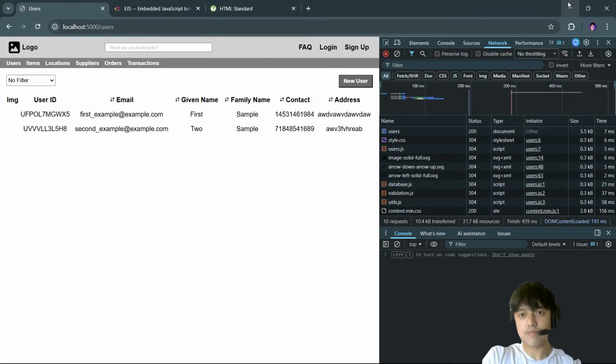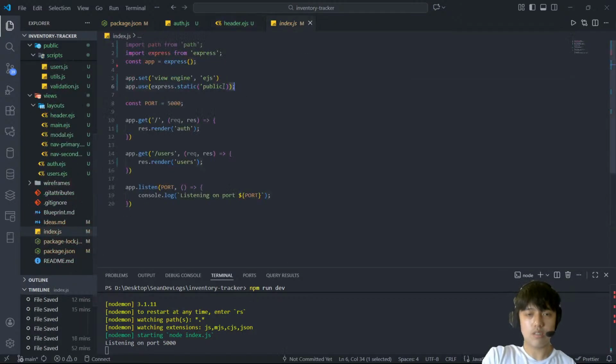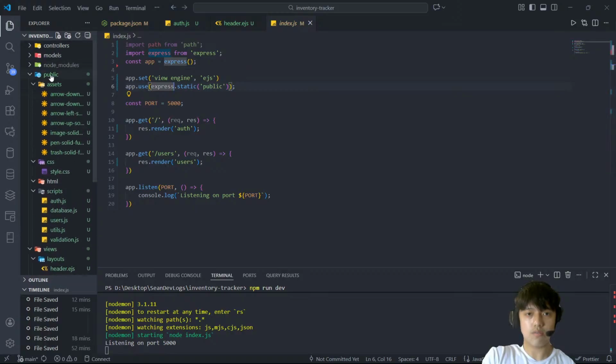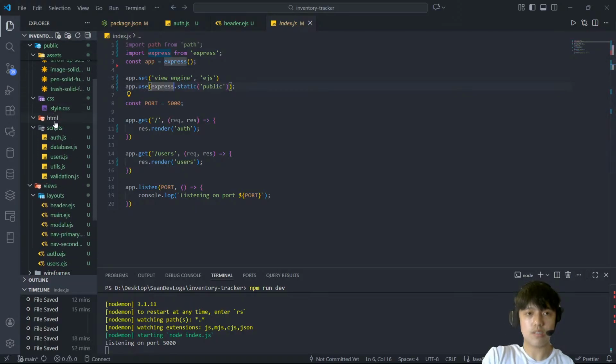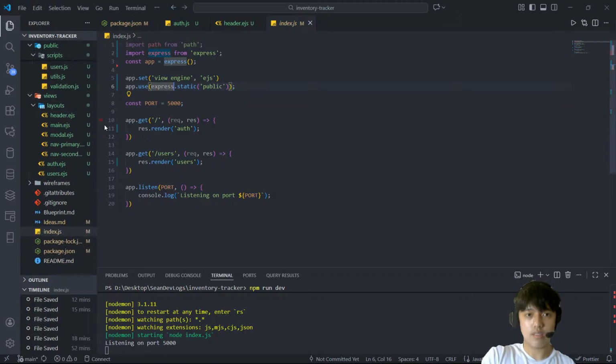Right, because we're using this static folder. We're using express.static to refer to this static folder here, which is a public, and that is